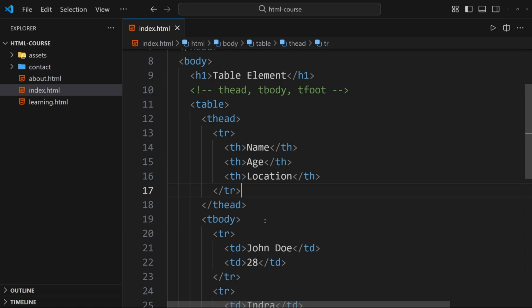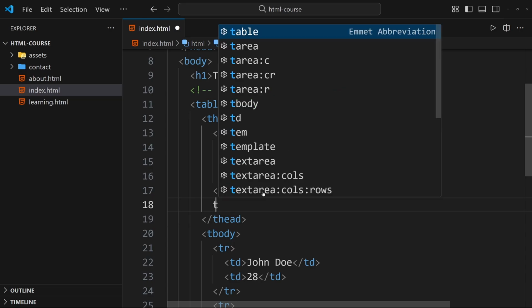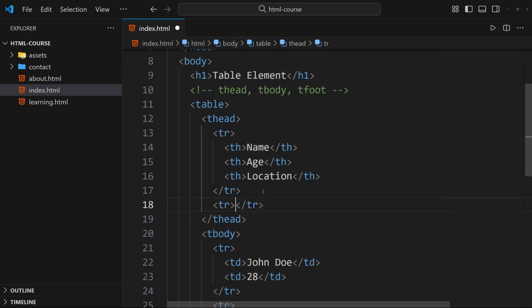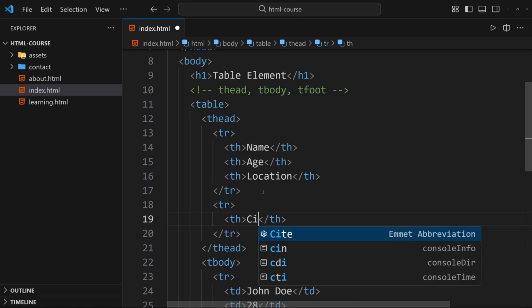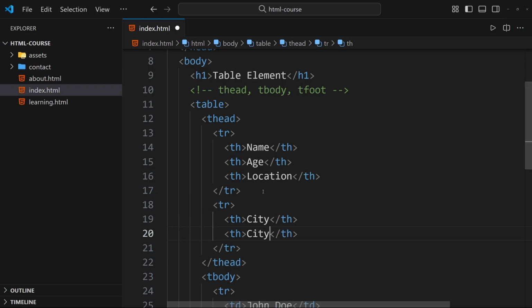First of all, we can create another tr, table row, and inside of that, th, which is city, and let's go with city, and we can copy paste that,